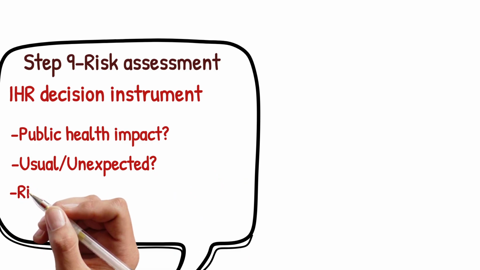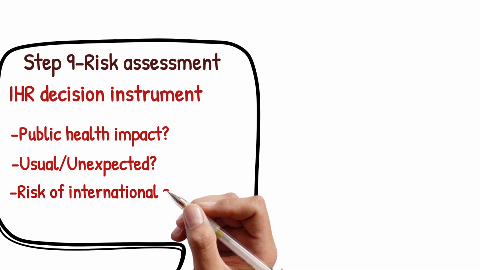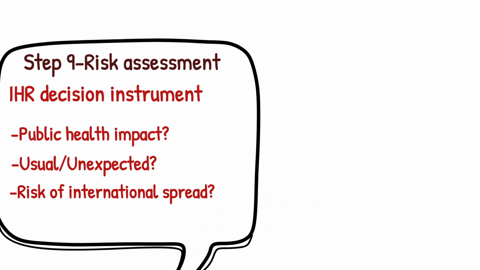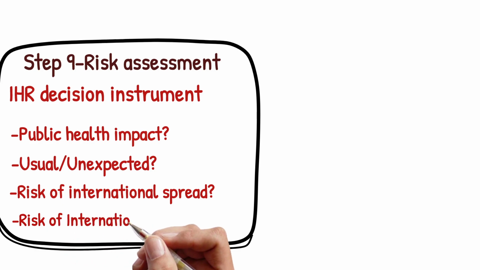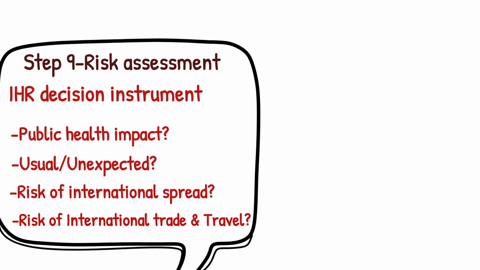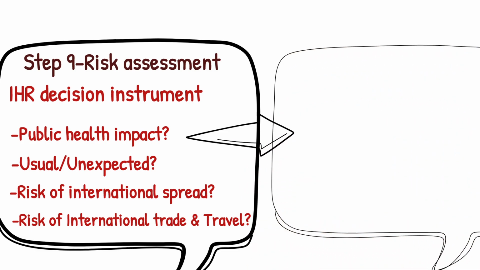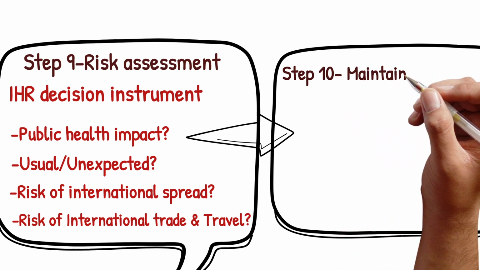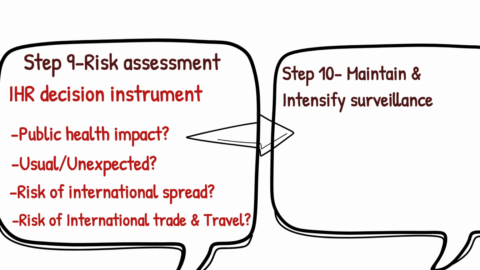Also, is there a significant risk of international spread? Can the event spread internationally? Lastly, if it spreads internationally, can it pose a risk to international trade and travel? Can it hinder trade and travel? So if it is a yes, the decision instrument says that the event can then be reported to WHO. So going to step number 10, which is the last step, it involves maintaining and intensifying